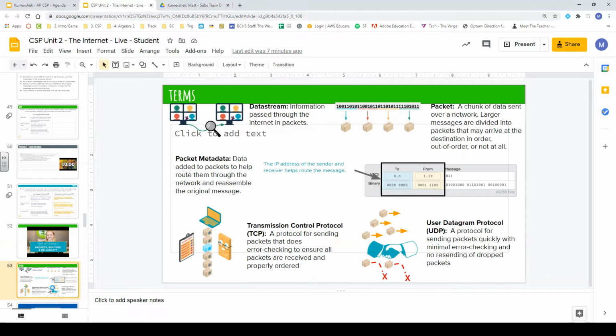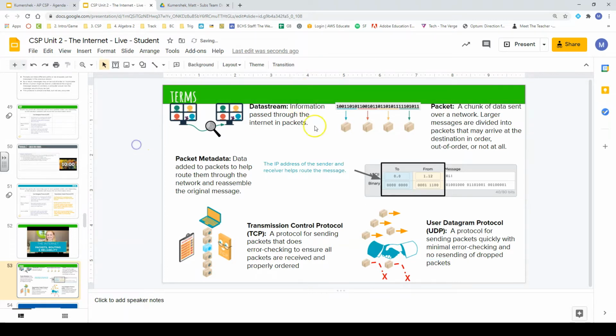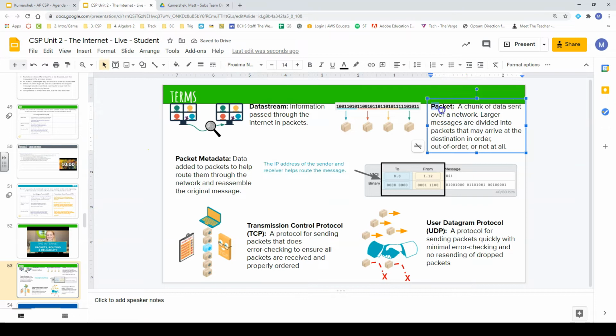All right, so after that video, here are some vocab terms that you should be familiar with. Especially, I'll point out the really important ones. So packet, you should know what a packet is. A packet is a chunk of data sent over the network, and just know that when you have something to send, everything is broken up into packets, into small chunks. Those packets could be out of order, and